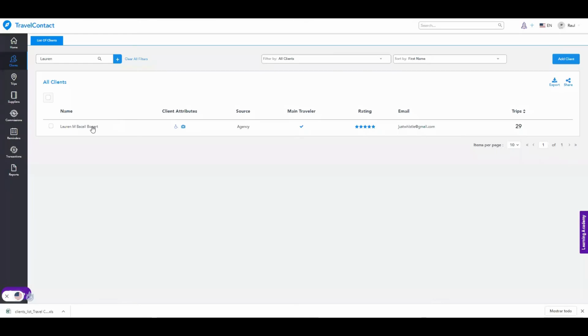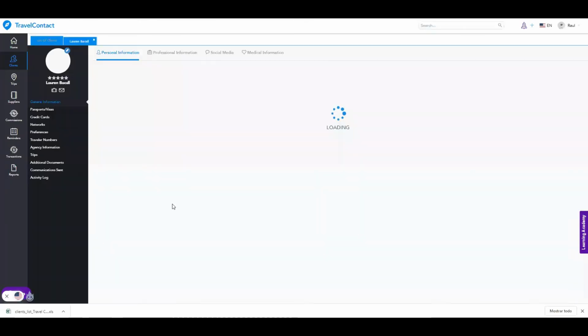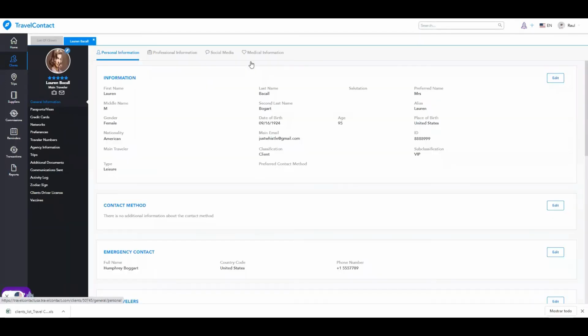After you create your client, you can start inputting information into the client profile. You'll see here that we have our main categories on the left, and then we're going to have subcategories on top. All the categories that are available for every agency within TravelContact are going to be all of this down until activity log. These are ones that have been customized or custom created, and that is a different webinar that we'll cover, and it's only available for admin users. But for now,